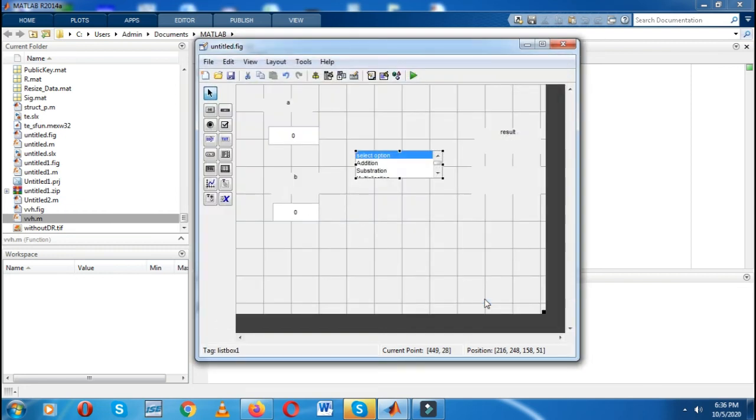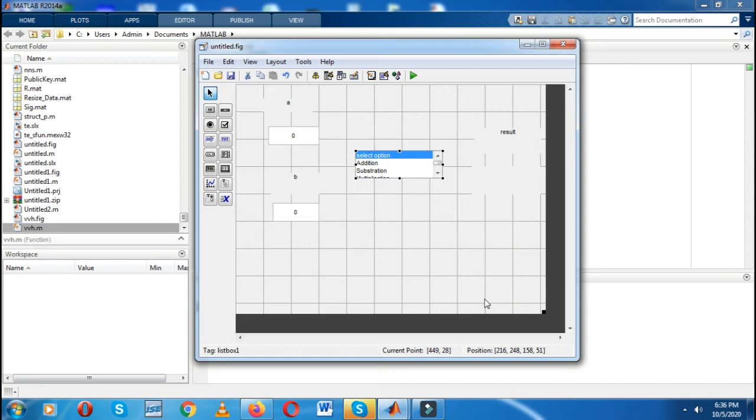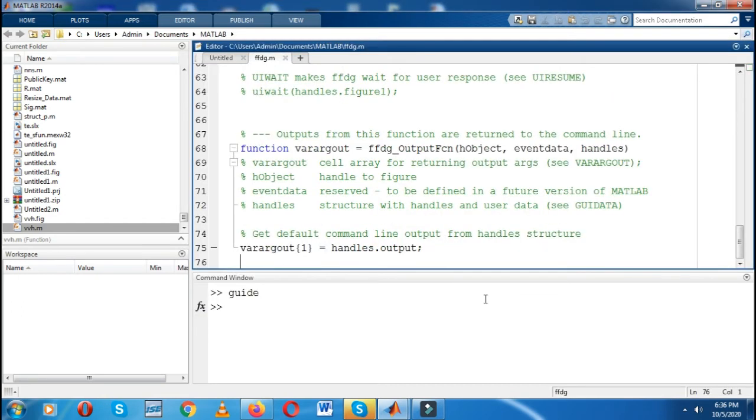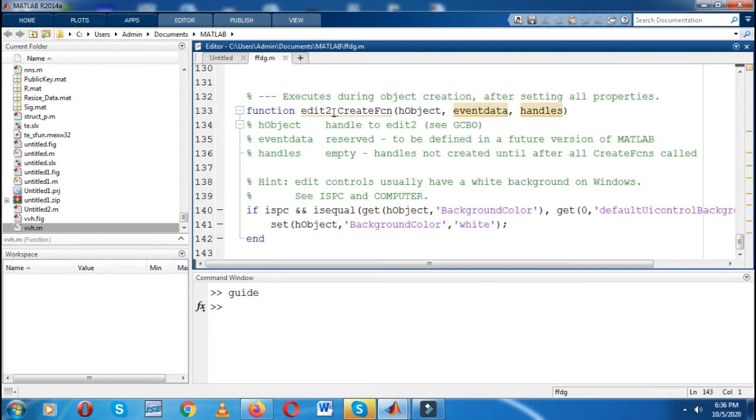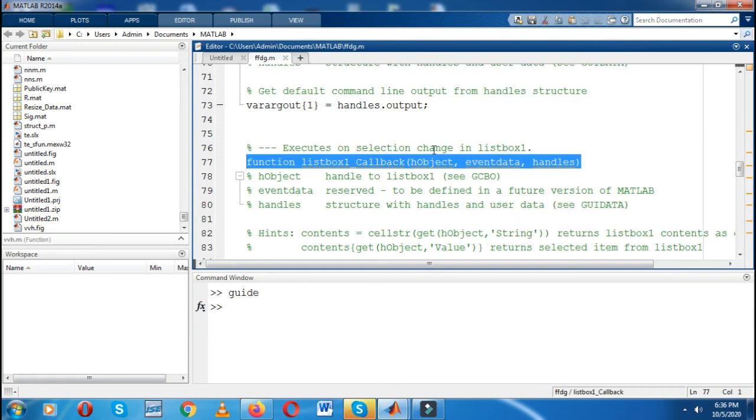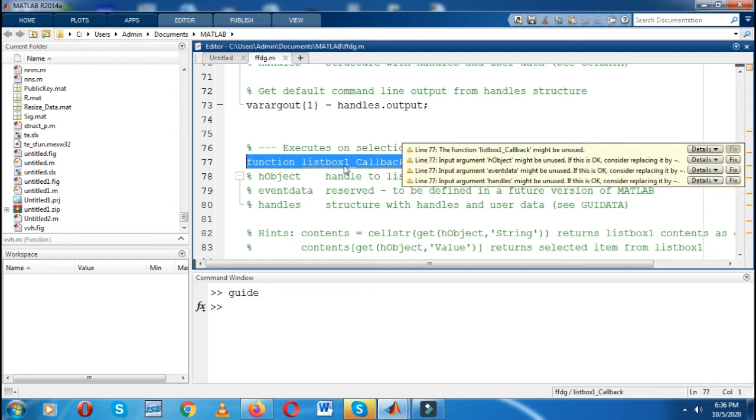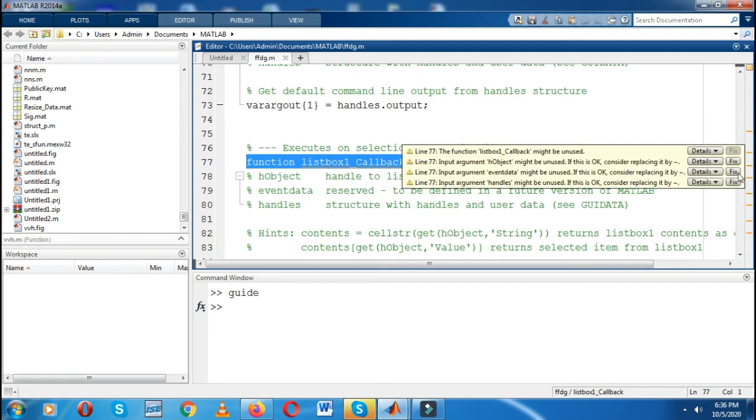Whenever we save that file, it automatically creates the .m file for that graphical user interface. Your program will automatically go to the function, that is the list box callback. So we have to write the program under this list box function.